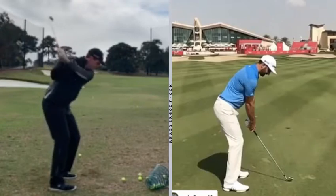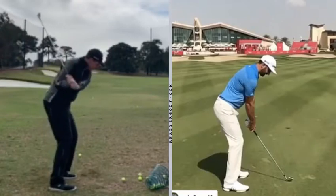enough right lateral side bend. Okay? And essentially what I mean by that is the right shoulder getting closer to, say, the right hip in this area of the swing. Now, right side bend does a number of things for us. So number one, it keeps the hand path in. It helps to shallow the club. But it also helps us to get the shaft leaning a little bit more forward through impact,